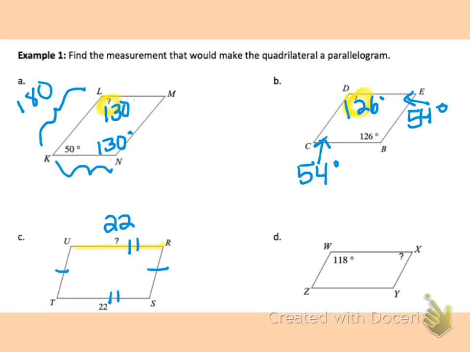And D. So D, we got this angle right here. We're trying to figure out what value would ensure that this could possibly be a parallelogram, which would also mean that this one down here would have to be the same. Both of these angles would have to be the rest of 180 degrees when you take 118 away, and that's going to leave us with